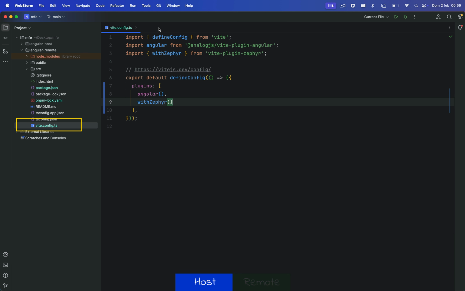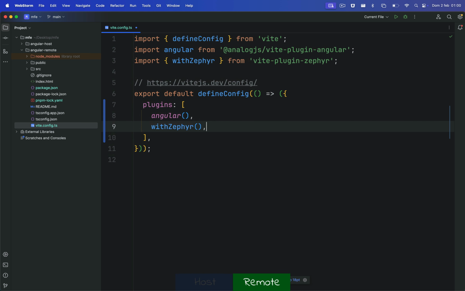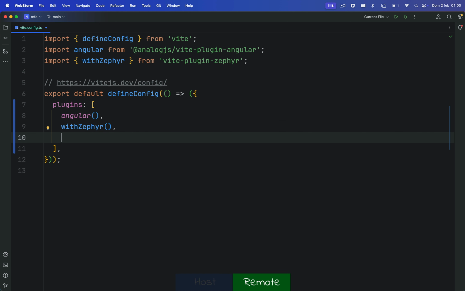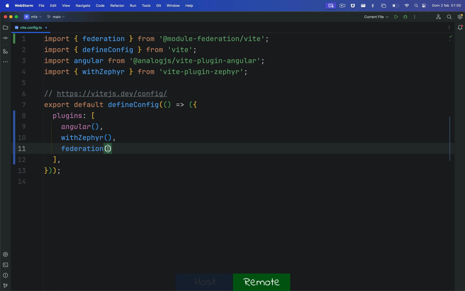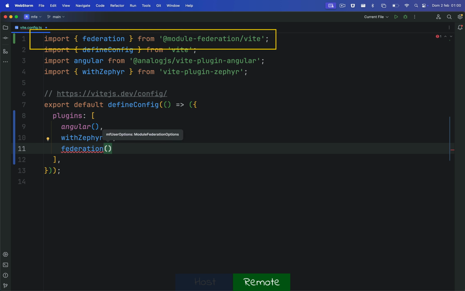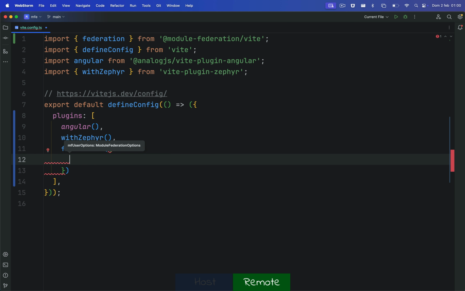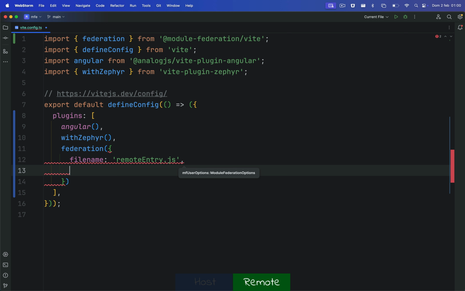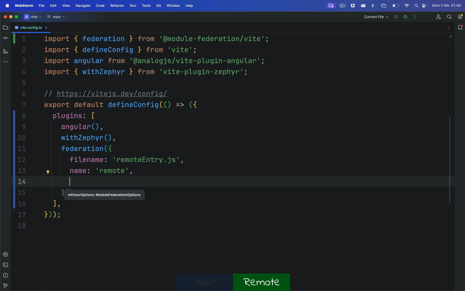Basically, a plugin in Vite is a function, and we need to import the federation function from the module federation Vite package that we already downloaded a few seconds ago. So now, instead of function, we need to pass an object. We can pass a file name. This is the file name that the project and the architecture will use to figure out the configuration. We need to pass a name, the name of the remote,